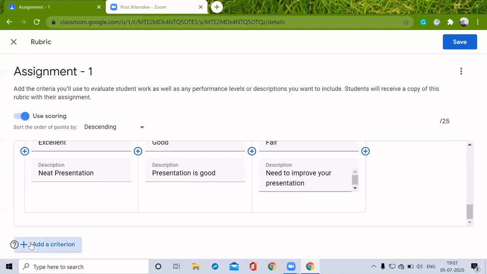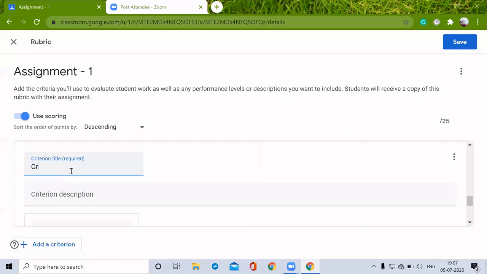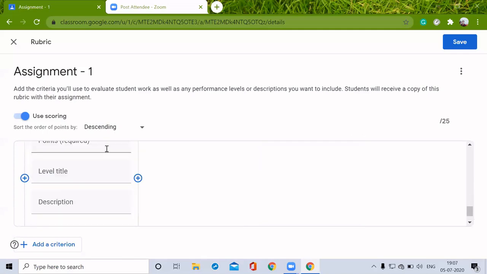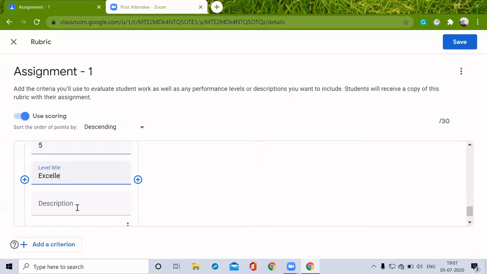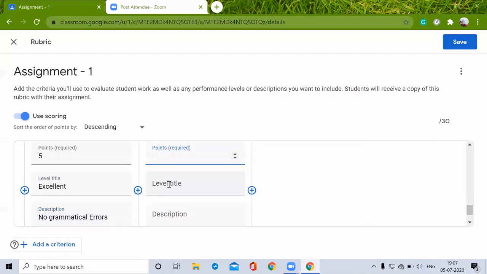Now I'm going to add another criterion. Here I'm just giving grammar. I'm going to give the remaining 5 points here. First level is excellent. Description, no grammatical errors. Then in level 2, 3 marks, good.